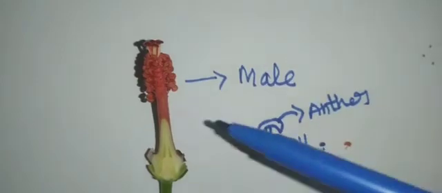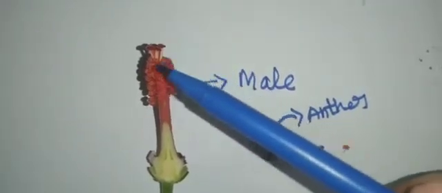So from here, the male reproductive cell is produced, male. Okay. So if you remove these stamens, now we'll remove all these stamens. Okay students, look here. Now I have removed the stamens. I removed all the stamens, but you can see the filament on that, right? The filament is visible. So the anthers are all removed.